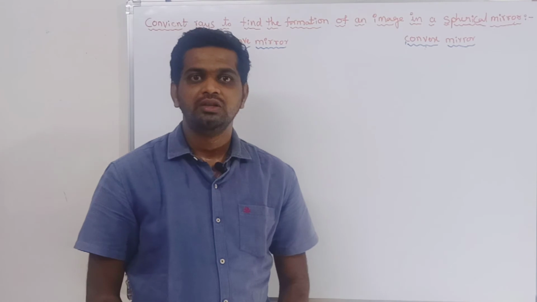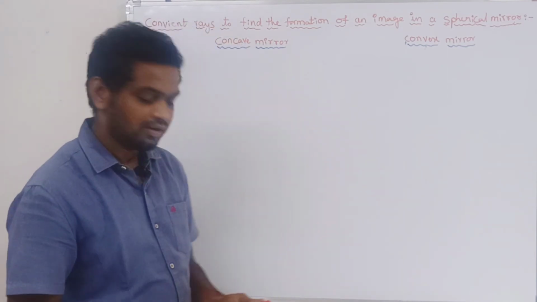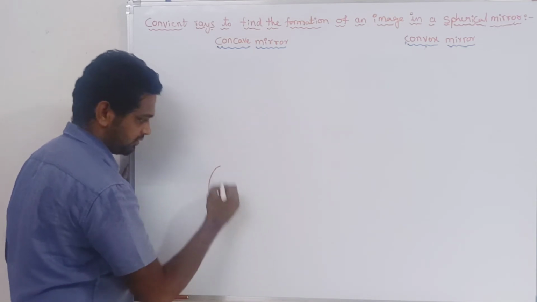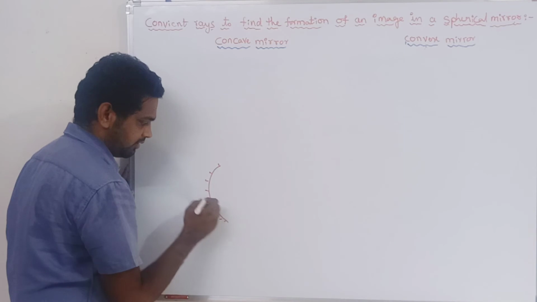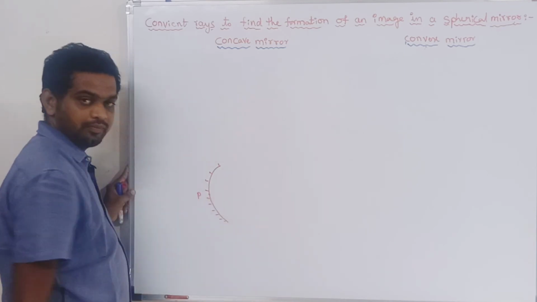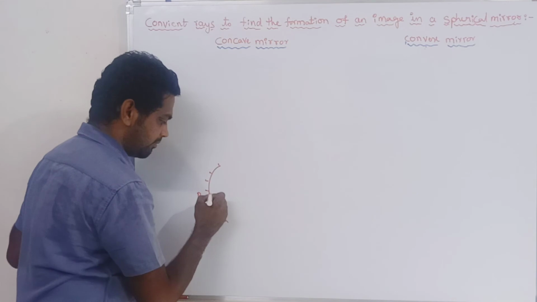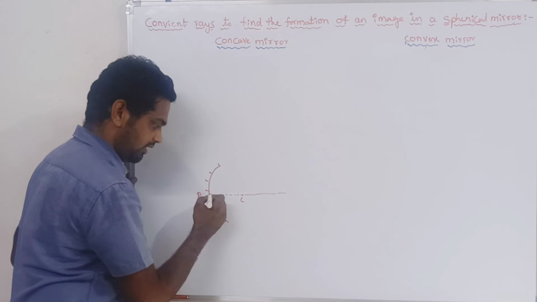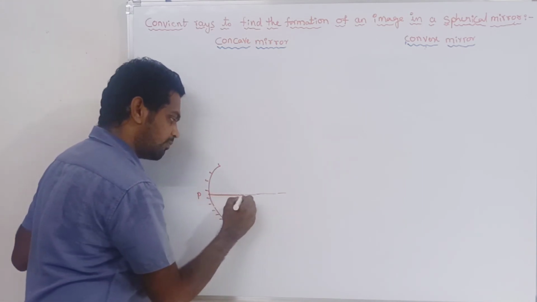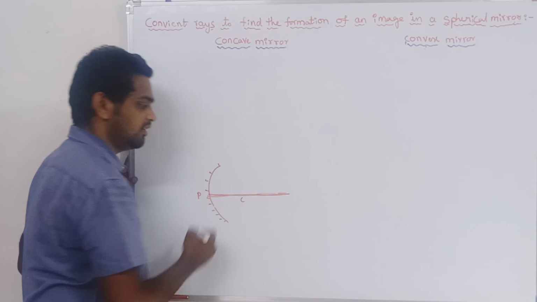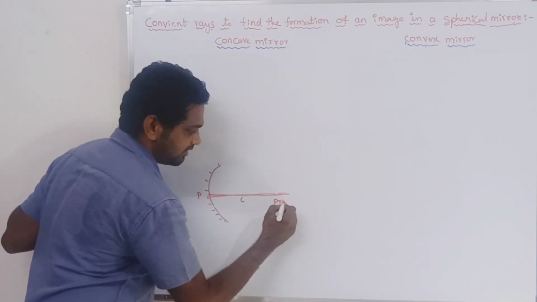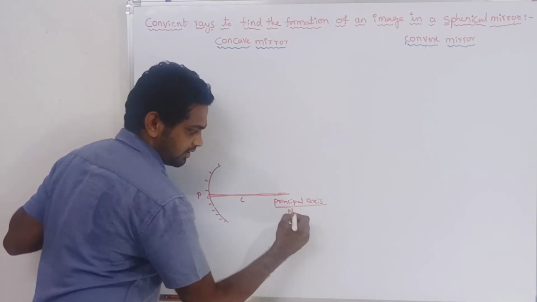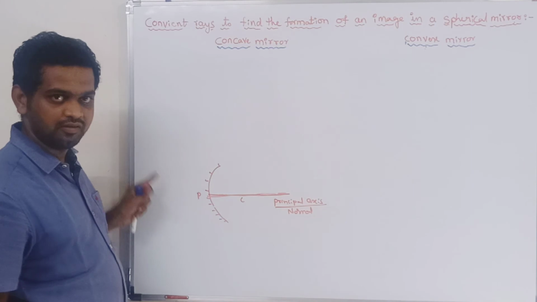Now rule 4. So before going to explain rule 4, try to answer my question. Now I had taken a concave surface. Try to draw the normal at the pole. As we know, the normal will definitely pass through the center of curvature. This will be our normal. Clear children? And this will be our principal axis also. Is it clear children? So the principal axis is also one of the normals. Clear children? At point P, where P is called the pole.